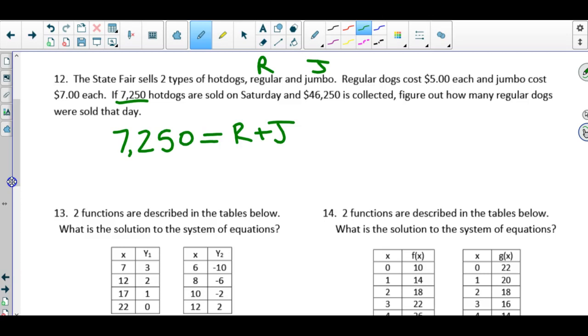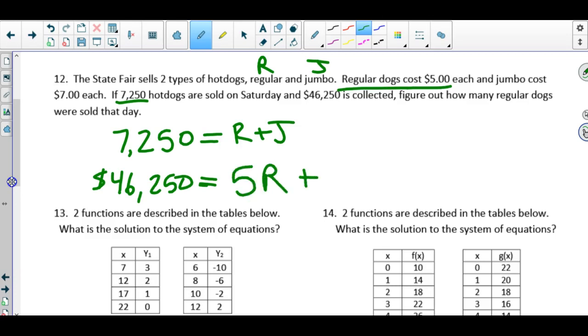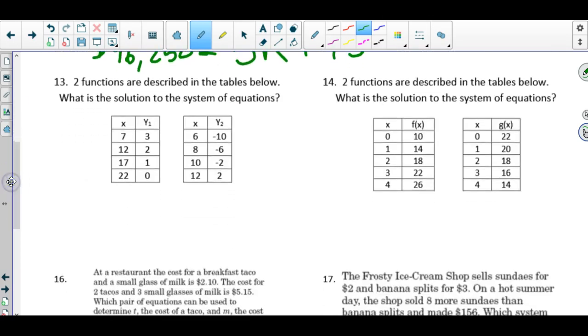The money equation now, we have 46,250. They made that money by earning $5 for each regular plus $7 for each jumbo. I want you to find how many regular hot dogs were sold. This would be an elimination problem I would go with. I'm not going to make you solve that. Writing it's good enough. 13. Two functions are